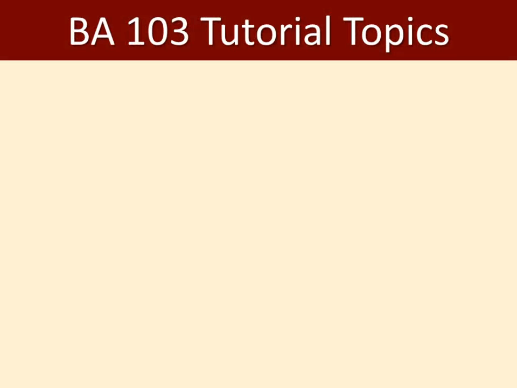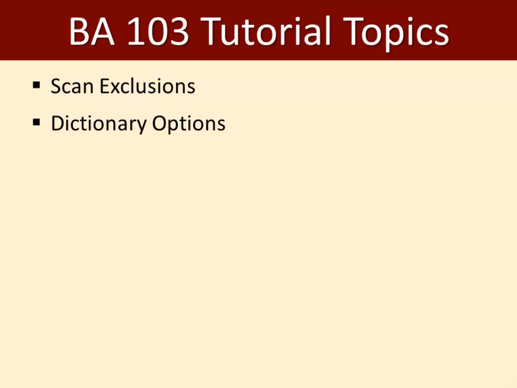In our next video, we'll provide information on additional topics that cover specific editing scenarios. That tutorial is organized into chapters so that you can choose the individual topics you wish to watch. The topics covered in the 103 training video include how to designate certain sections in a document to be excluded during the scan using the Scan Exclusions feature, how to help Best Authority identify local or specialized citation terms by adding them to the Best Authority dictionary, how to tailor the view in the review pane for your convenience,